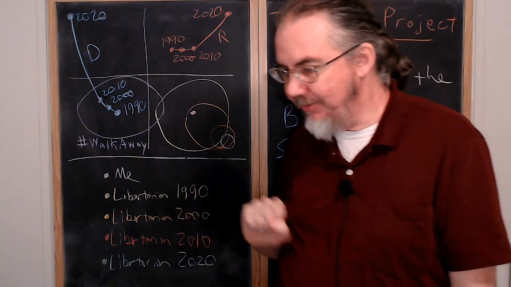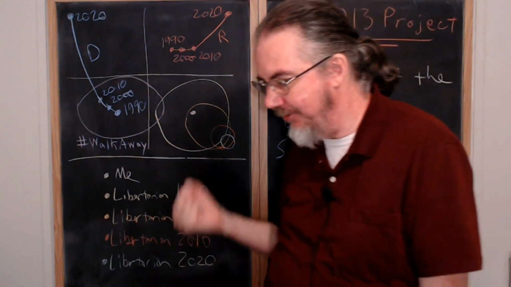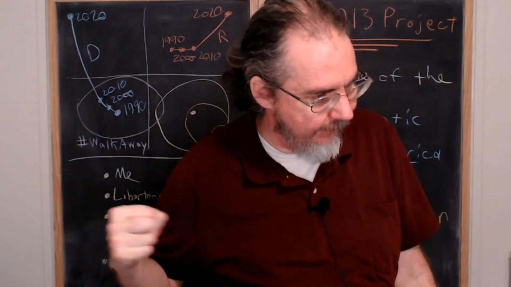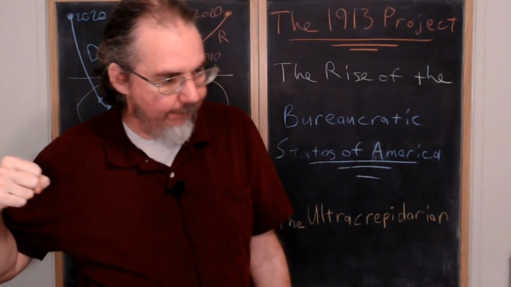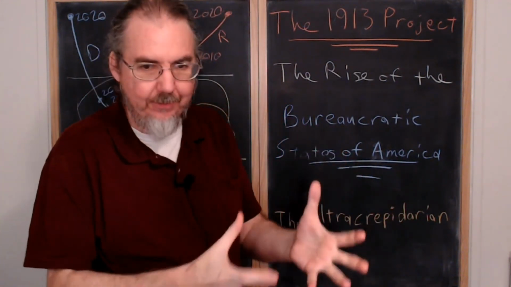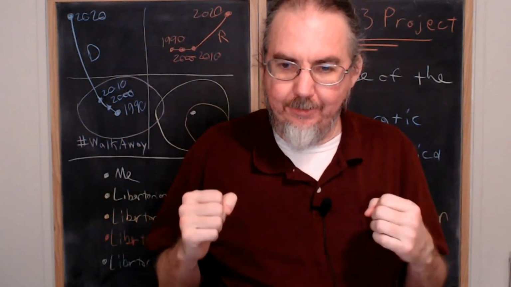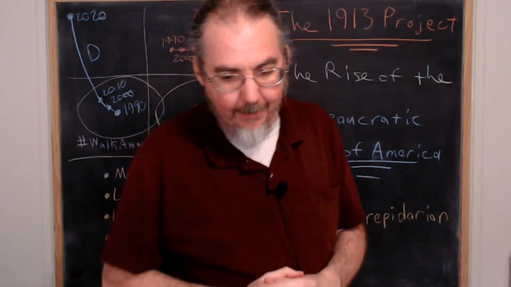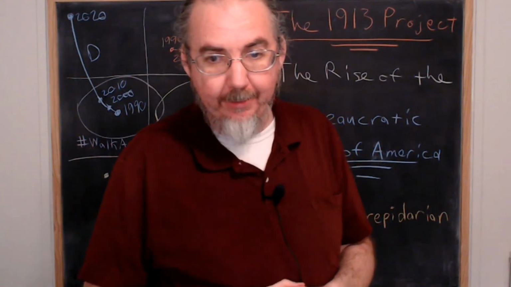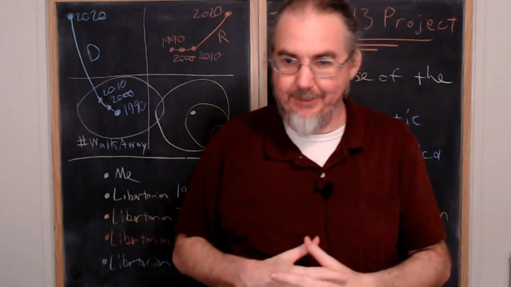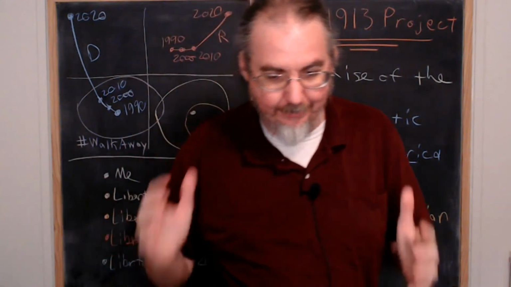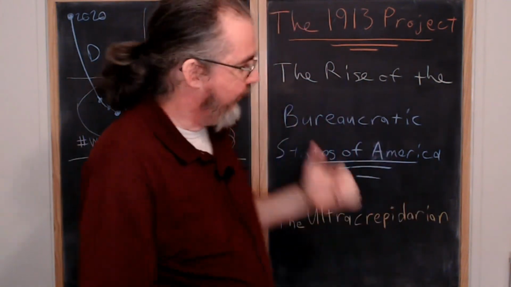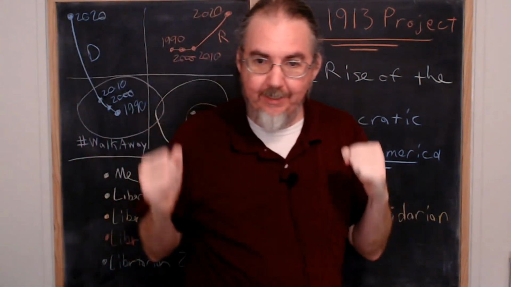What he did was he seized on the Great Depression and the crisis to produce an impetus in the country so that his idea and his vision could be created and built in response to a significant crisis that emerged at that time and needed to be dealt with. And he campaigned on it, and he said, these are the promises that I'm doing. So he was fulfilling his campaign promises. The people voted, this is what the people voted for. So it's what our country got, because we wanted the rise of the bureaucratic states of America